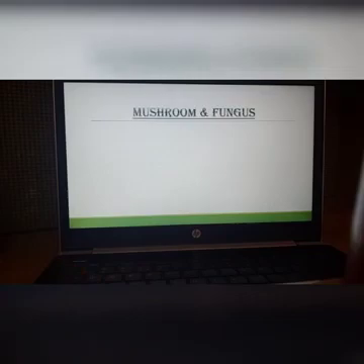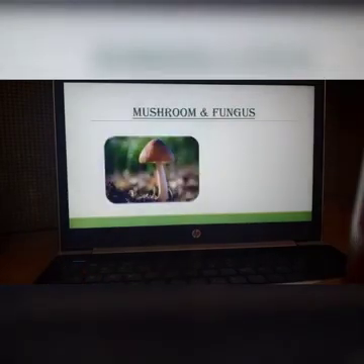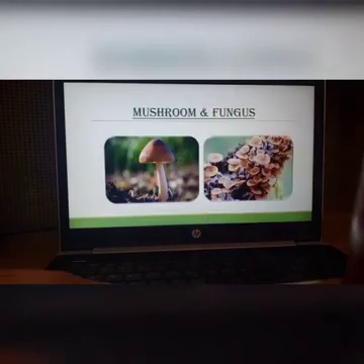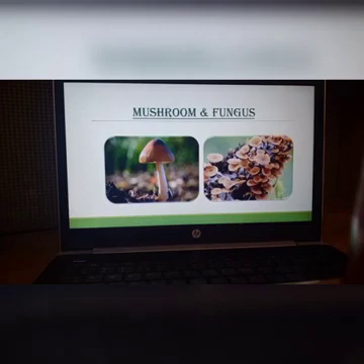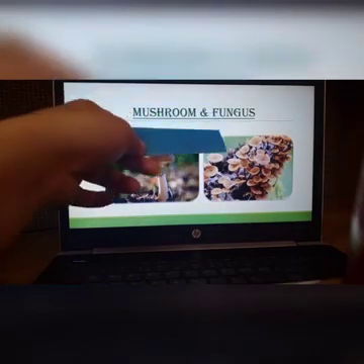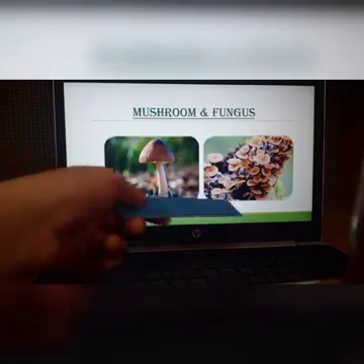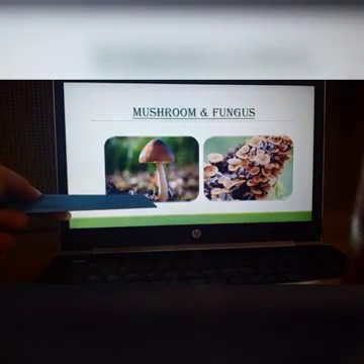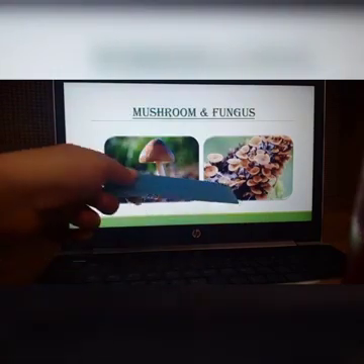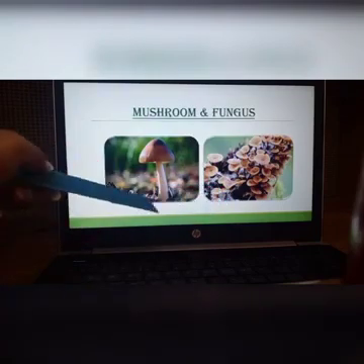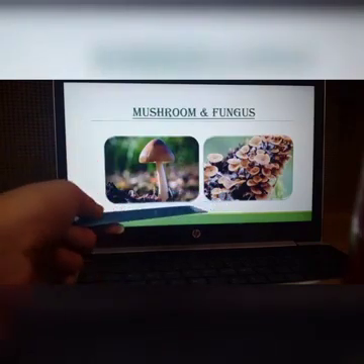Okay, now the next unusual plant is mushroom and fungus. Yes, the mushroom that you have as your food is also an unusual plant. Yes, it is actually an unusual plant. And fungus, it generally grows around you in the rainy season. So these are also unusual plants. It is a plant but not green in color, because they are saprophytes.